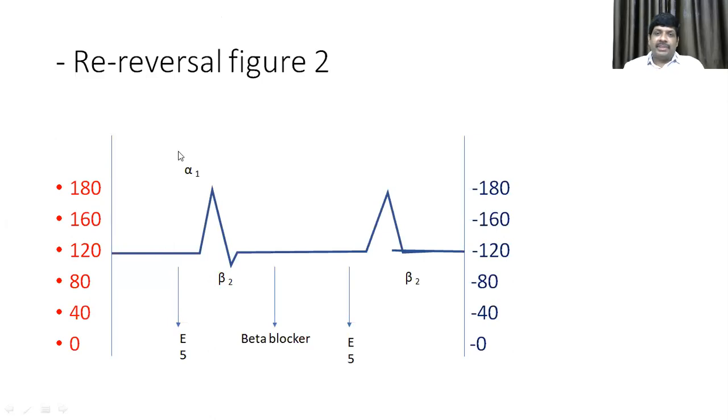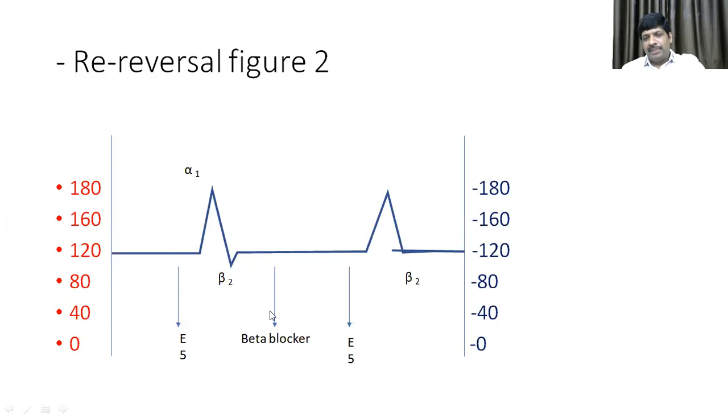This is the re-reversal. The first one which we discussed is the vasomotor reversal of Dale. Now this is re-reversal. What is the difference? You see the normal tracing, and then you give epinephrine here. The first set is the same. You will get increase in blood pressure due to alpha 1, beta 1, and then there is decrease in the blood pressure at lower concentration because of beta 2 mediated vasodilation, and then you get the normal curve.